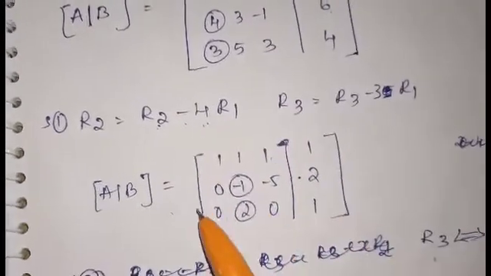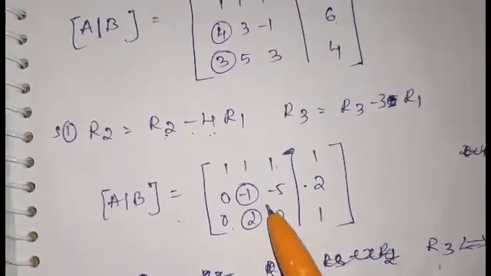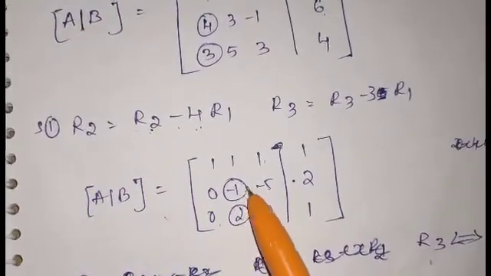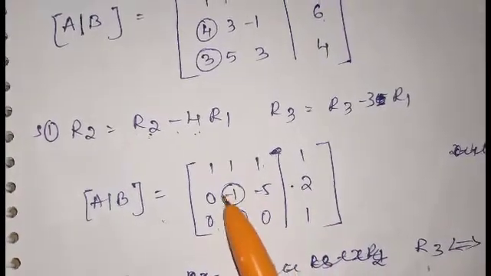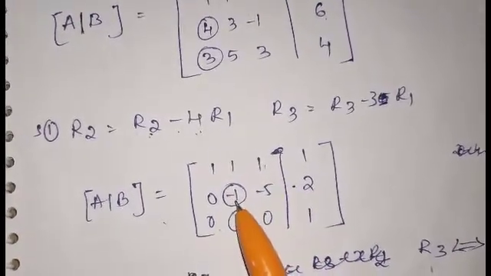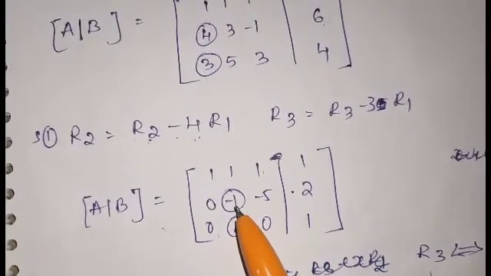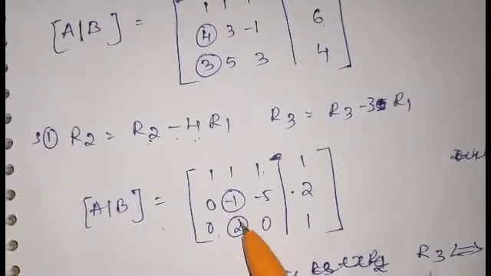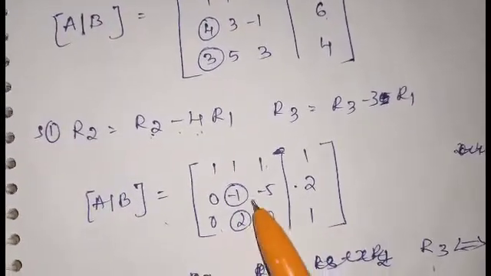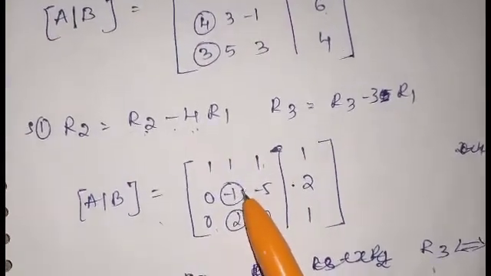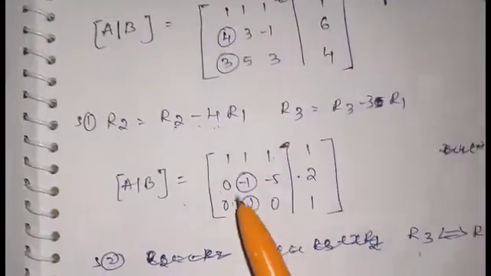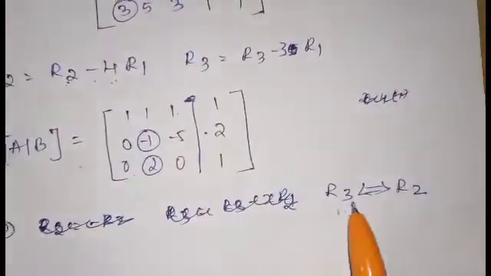Now before moving to the next step, we should confirm whether this particular element is 1 or not. In this problem we don't have 1 here. And one more thing to keep in mind: while comparing these two, whichever is higher must come here. So that should be here. For that purpose I am using this.